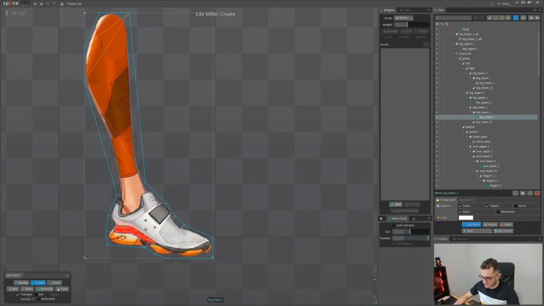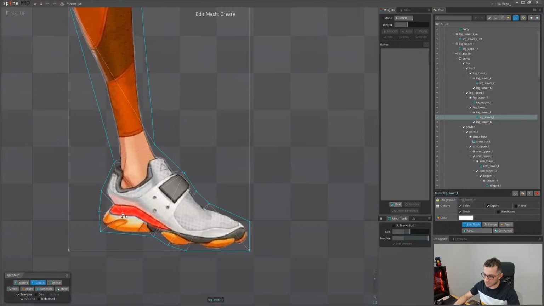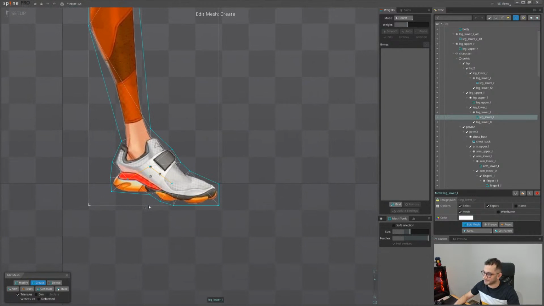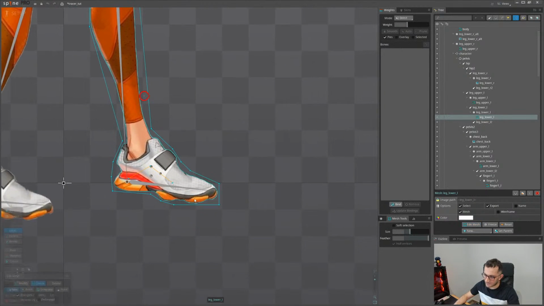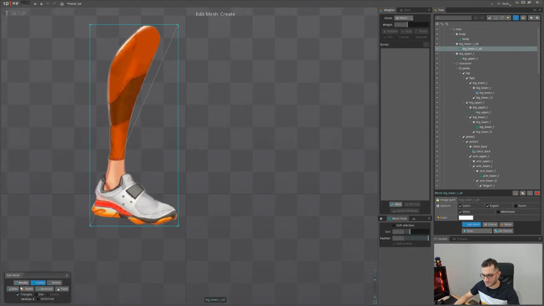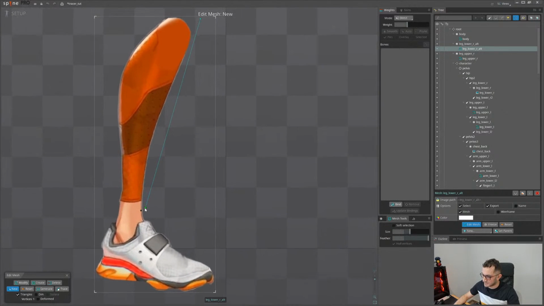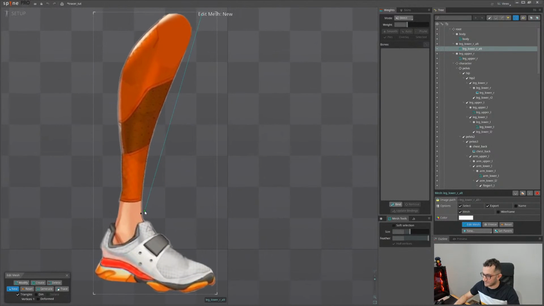For now, let's create the dot here. I'm creating it here because the bone will start from here, and maybe create two points here. I will definitely rework it a bit later. And let's do the same for